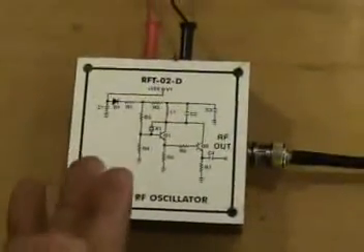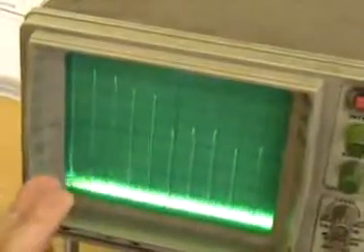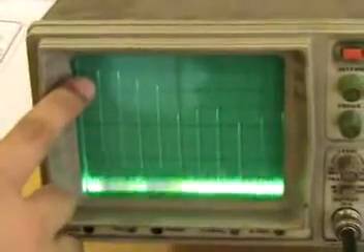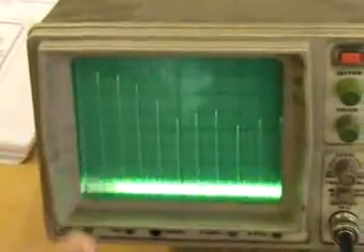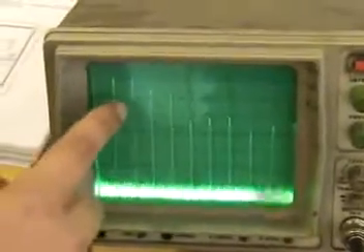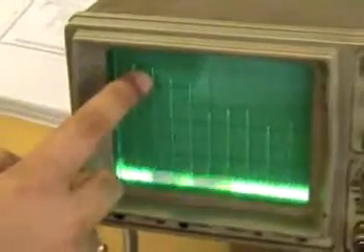Now we can measure the frequency of the Pierce RF oscillator. We've already measured it as roughly about 56 megahertz. We can measure the output power level of the RF oscillator. The output power level is roughly about plus 3 dBm of the fundamental. We can measure the frequency and the levels of different harmonics. We can observe that the first harmonic is at roughly about plus 2 dBm.